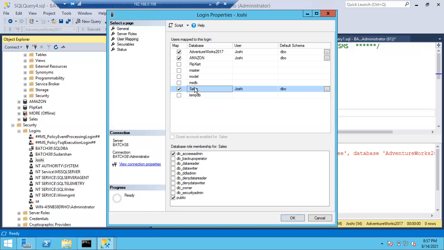I have created this role in AdventureWorks, so I have to select AdventureWorks to see the role. But I have selected the sales database. That's why I cannot see the role. Because in the sales database, I didn't create any customized database role. Database roles are specific to the database.